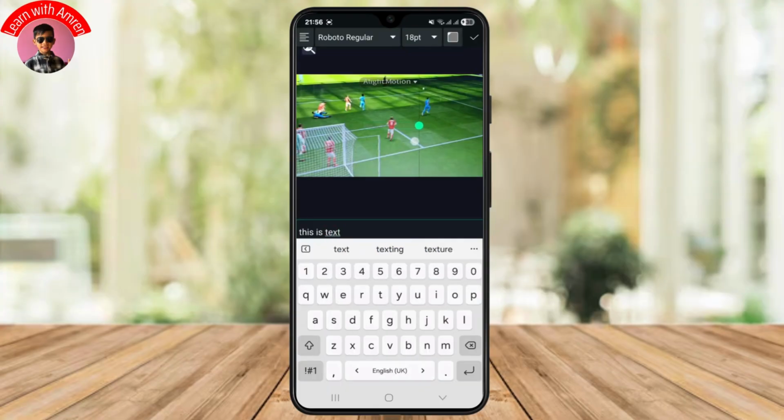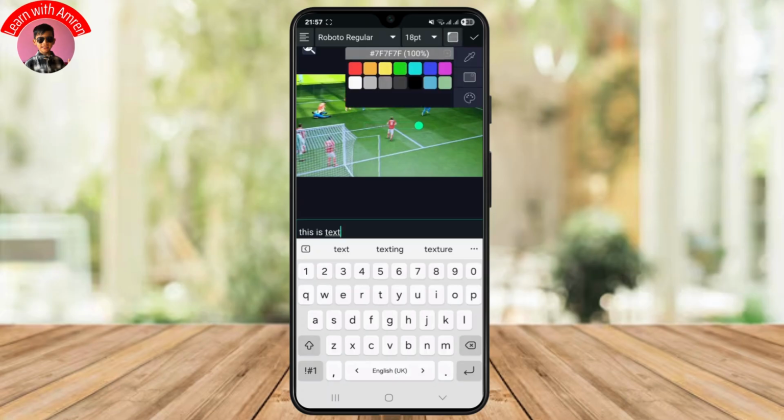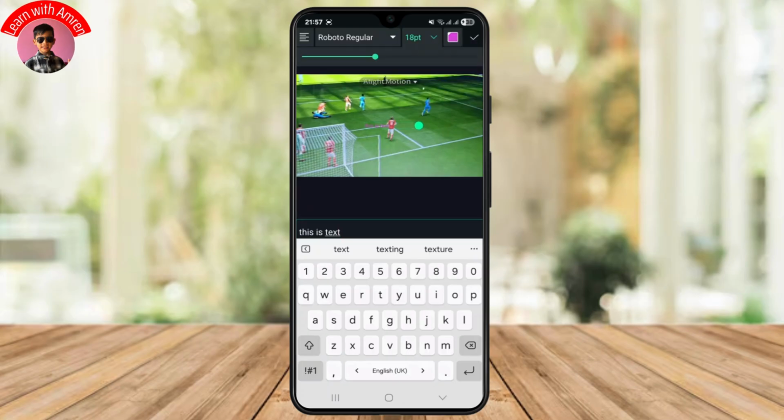So as you can see, this might not be properly seen because of its color, so you can just change your color by simply tapping on this color icon at the top right corner. So let me just quickly select it to any sort of visible color over here. So for now I'll simply go with pink, and you can also increase the font size just like this,